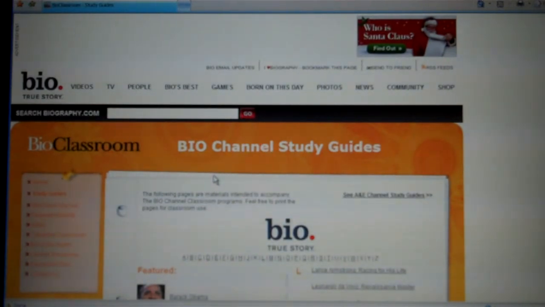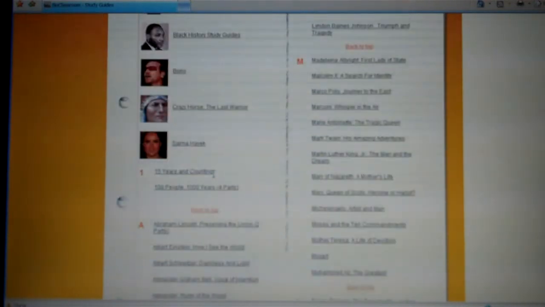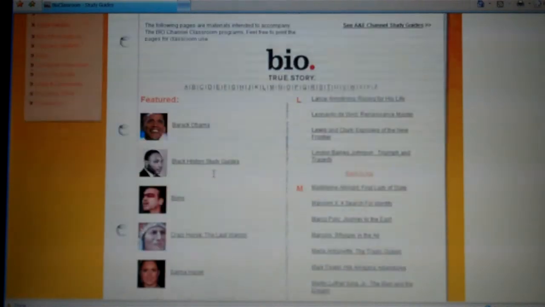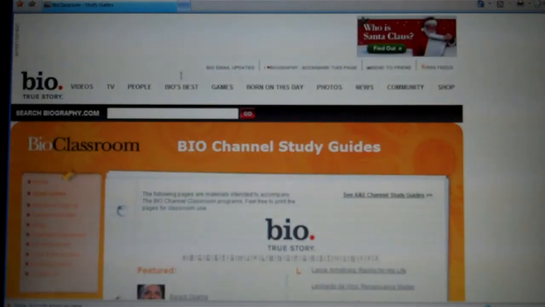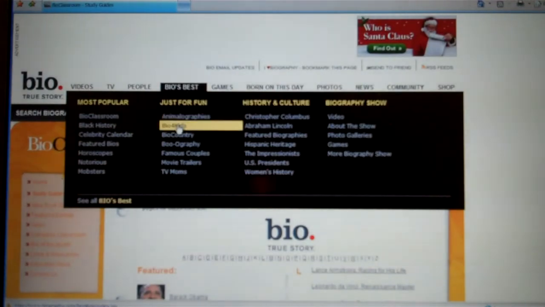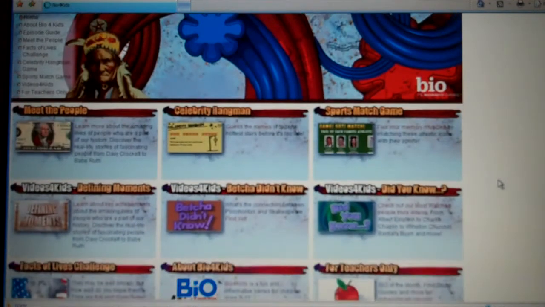There's some suggestions for Black History Month, Native Americans, famous American women, and many, many more. It's an attractive site, and it's filled with information for children and teens, as well as adults. There is also a bio just for kids, which is much simpler and more oriented, obviously, towards children.